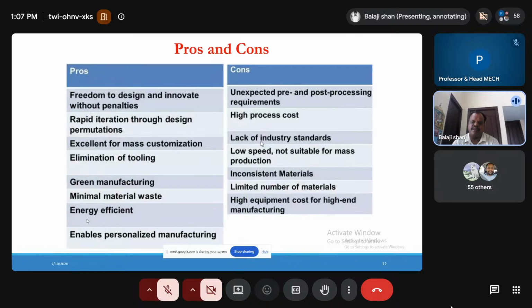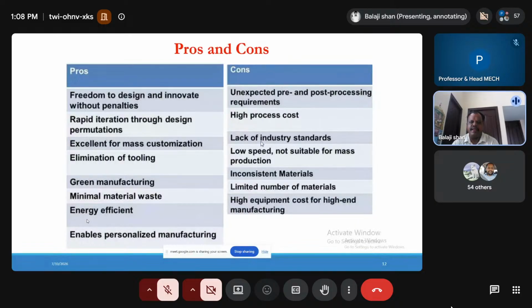Suppose we cross more than 300 degrees centigrade, the cost of the equipment is completely high. Other concerns are high process cost, lack of industry standards, low speed and not being suitable for mass production, inconsistent materials, a limited number of materials, and